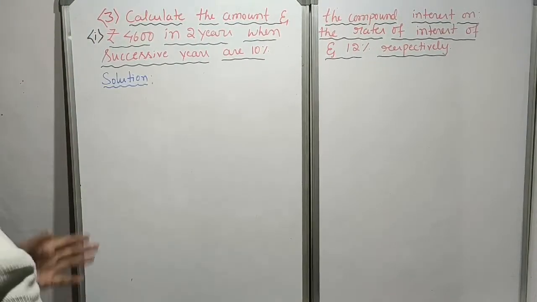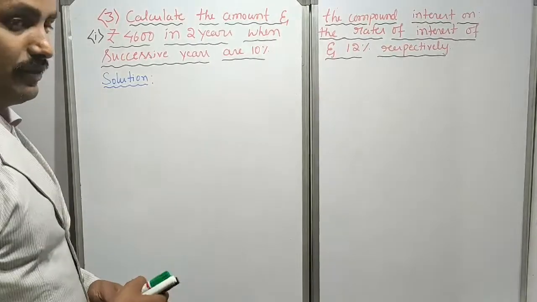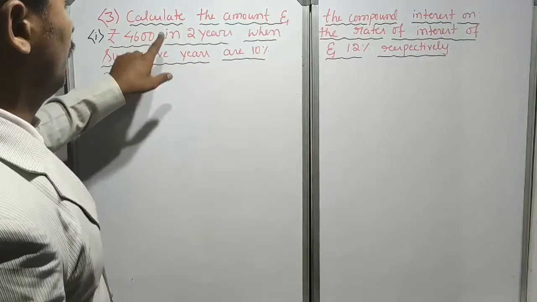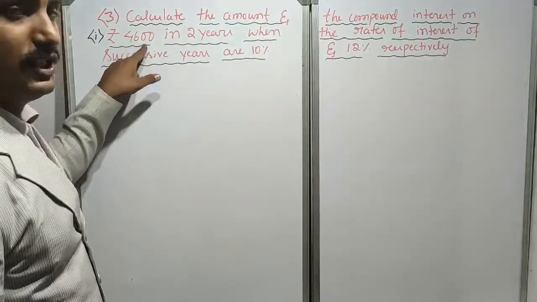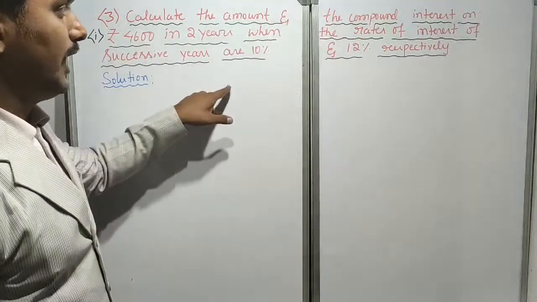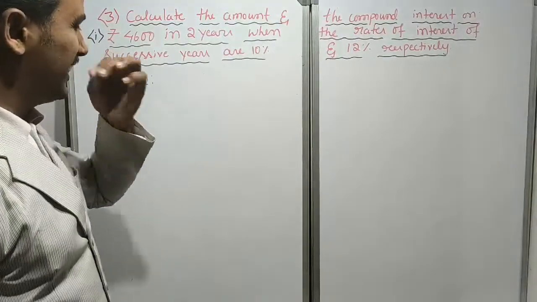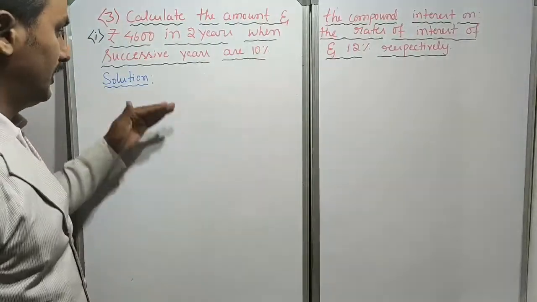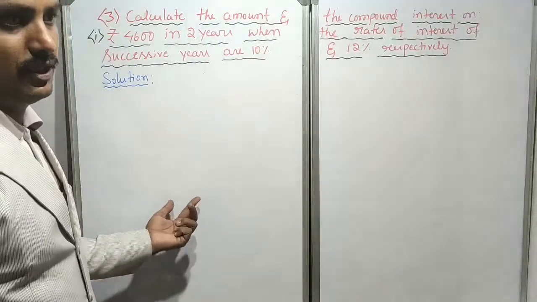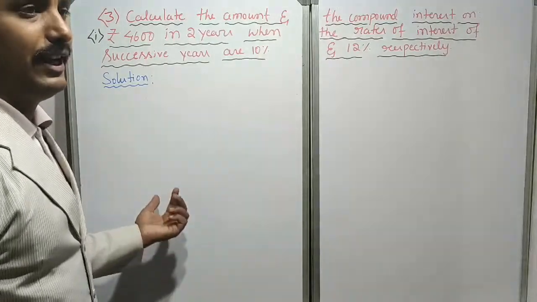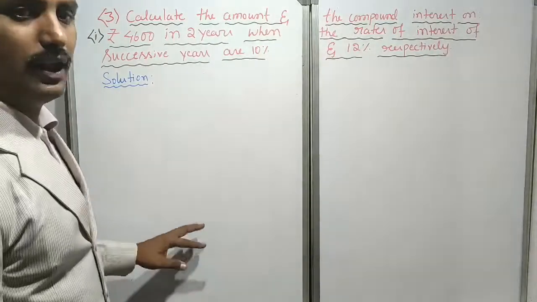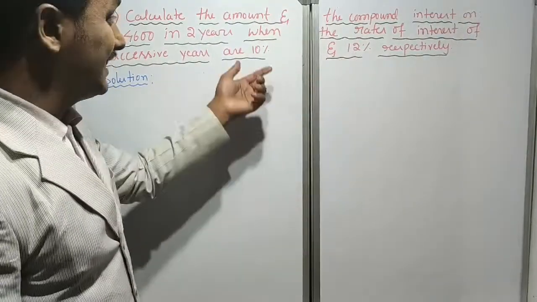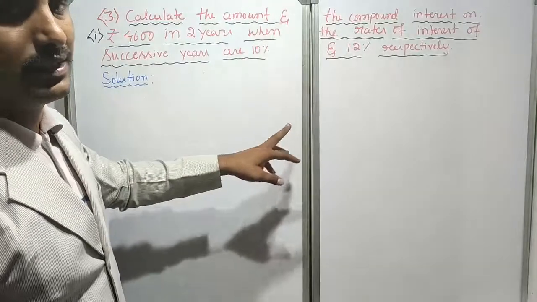Dear children, coming to the solution part. See, before writing the steps, I will give the idea. For the first year, principal amount, initial amount is 4,600. Time is 1 year. The first year rate of interest is 10%. Then I will find out the interest. Then at the end of the first year, I will find out the amount. That amount became the second year principal. The second year principal I will write, time is also 1 year, rate of interest is 12%. Like this, it is a different problem. Understood? Shall I write the steps?